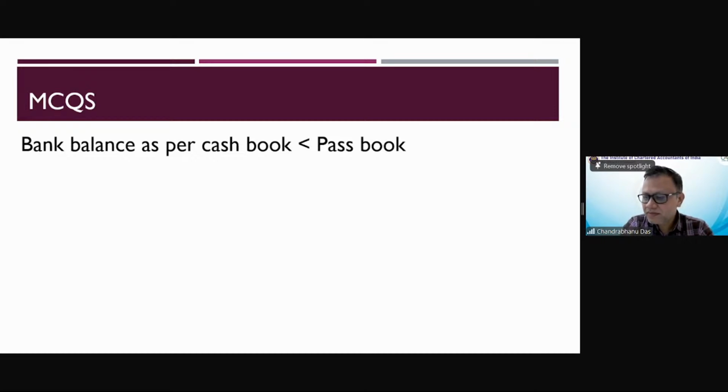Apart from your query, one student has asked, do we need to follow the format? Yes. While solving the question in your paper, you have to follow the format given in the study material. If nothing is mentioned, you can follow any method, but if it is specifically asked to prepare as per a specific method, maybe a plus minus format or using the straight format,